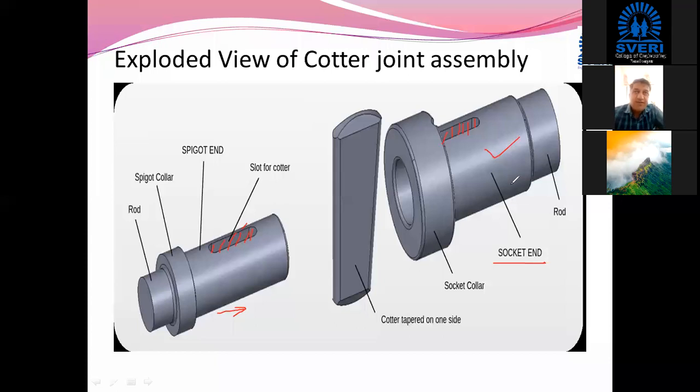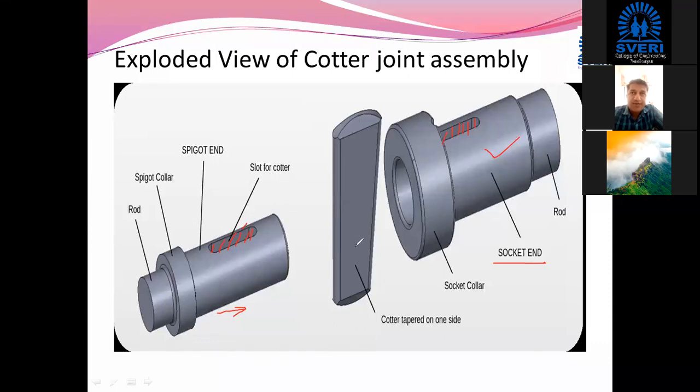When the quarter is not present and the spigot is inserted inside the socket and pulled, it will readily come out because nothing provides support between the socket and the spigot.